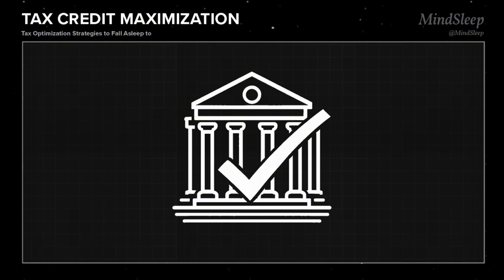Do they truly incentivize desired behaviors, or do they simply reward actions that would have occurred anyway? These are complex questions without easy answers, but they form an important part of the ongoing debate about tax policy